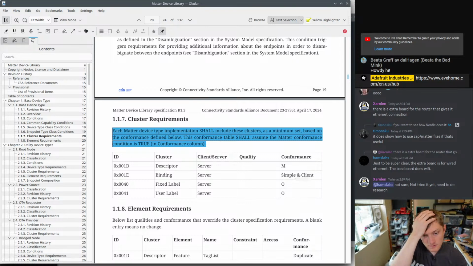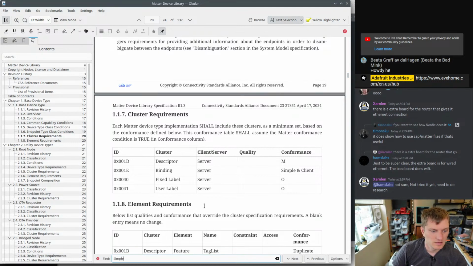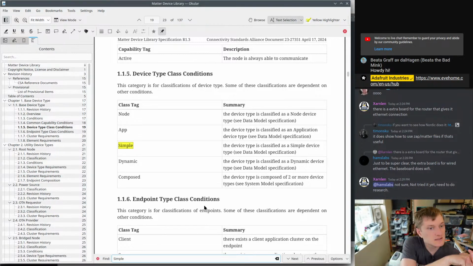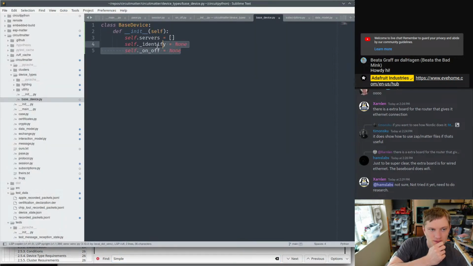And in fact, maybe I should call it a simple device. I think they have some notion of device type class conditions. Classed as a simple device. So maybe I have, I'm using a lot of inheritance here. Node app, simple dynamic as a simple in the client. They don't talk about what client means. Okay, maybe we just consider it a simple one for now, and let's say